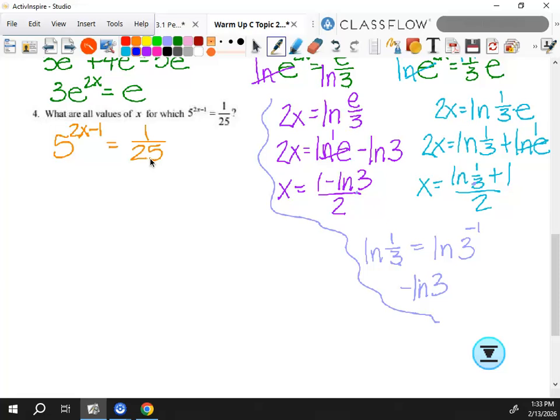Anybody? Okay. All right, so if I do that, I'm going to start off that way, and my log would have to have what base? 5. So log base 5. Okay. So over here, that takes care of itself. And I get 2x minus 1 equals log base 5 of 1 over 25. Everybody with me? Even if that's not how you worked it. Okay, so now at this point,